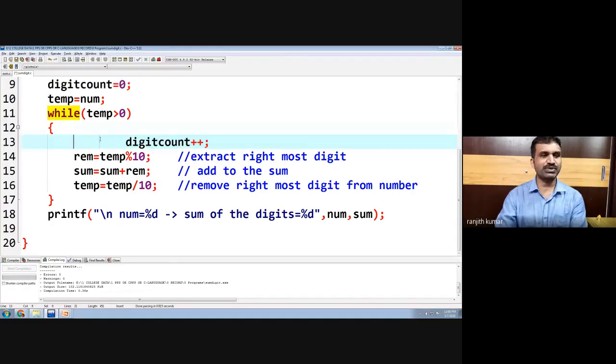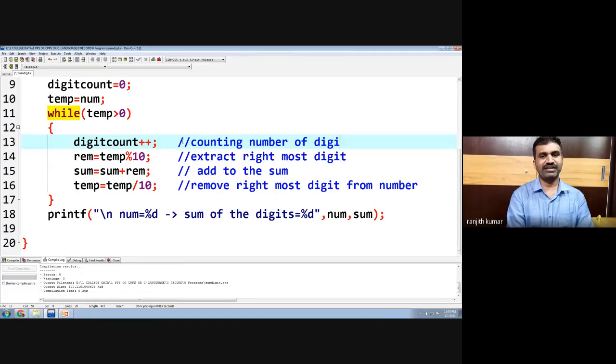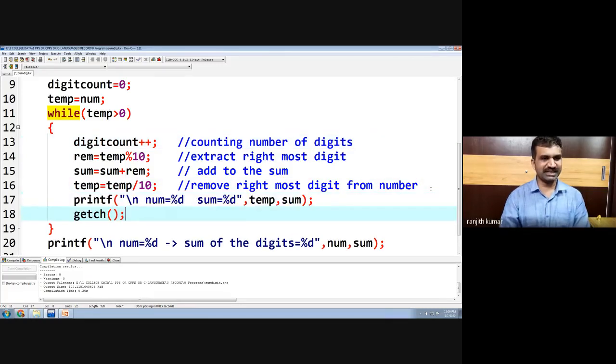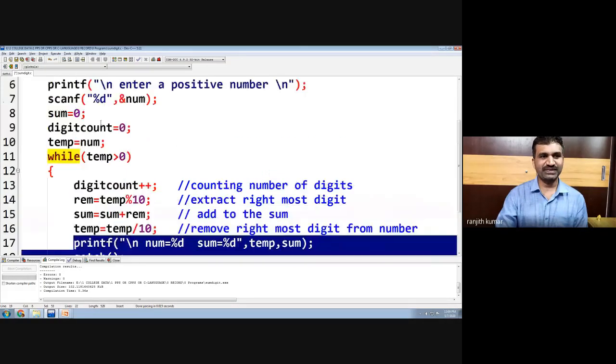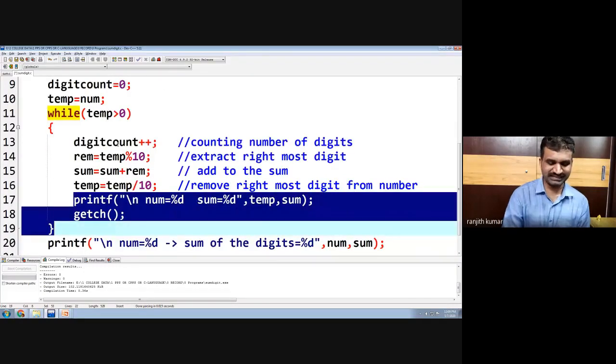This is only to show the output, people. We only scan. Okay, so this is counting the number of digits. Are we clear? So let us see the scanning once again, so we will place this printf at the end. Let us see what is happening. Are we clear? So first we have entered the number, then let us see.